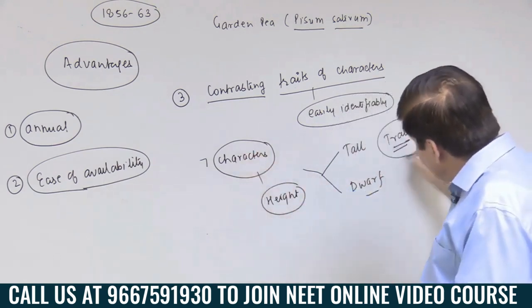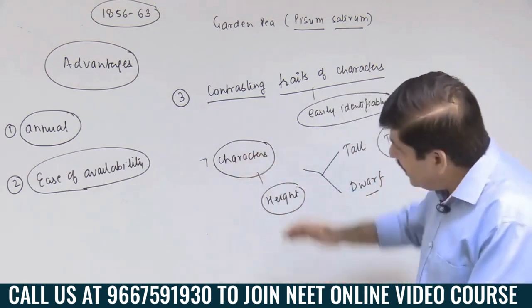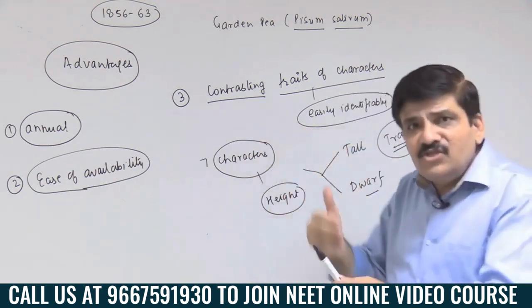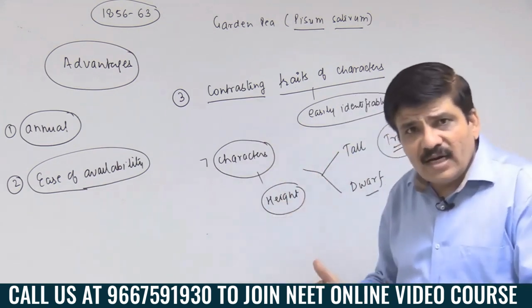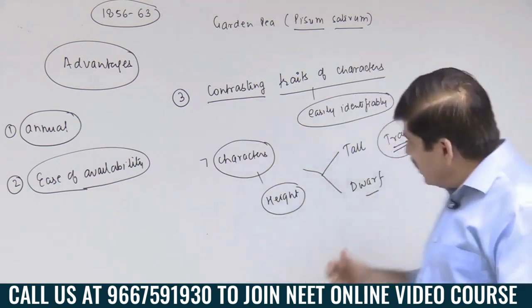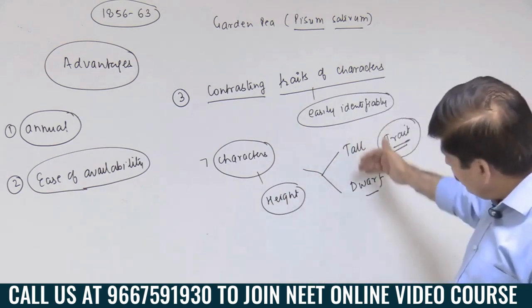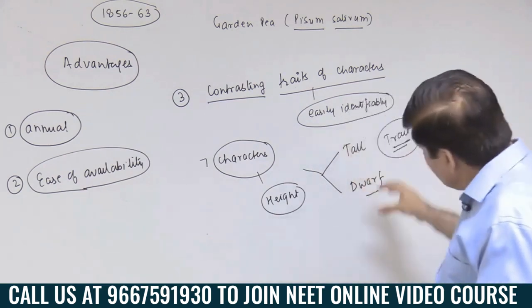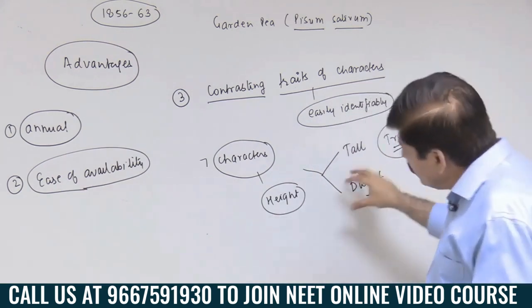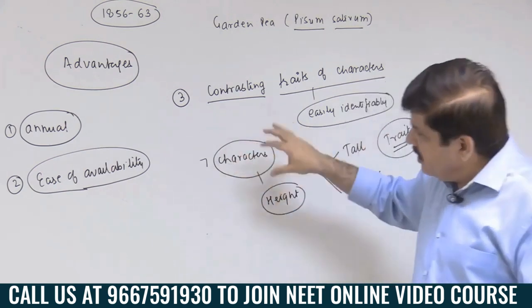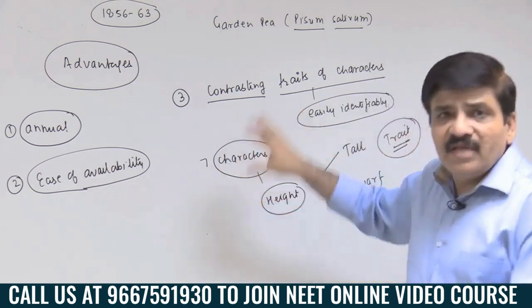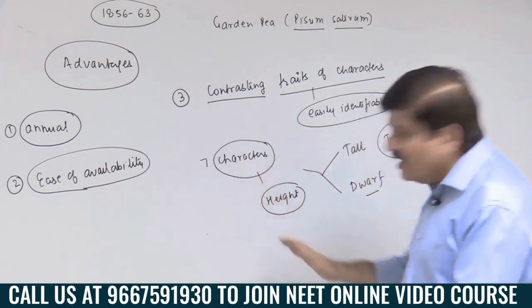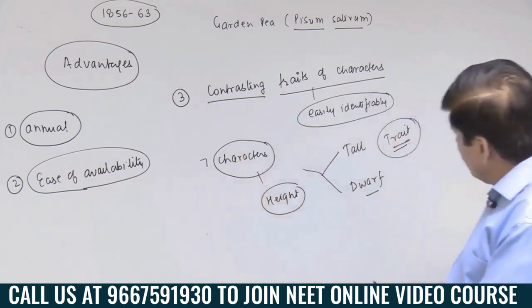So later on we will see that the term gene will actually be controlling the character, and the alternate forms of the gene, if you are aware from your lower classes, which are called alleles, will be responsible for formation of the alternate traits. So there will be an allele for tallness, there will be an allele for dwarfness. Both of them are actually signifying the character height, and therefore there will be a gene for height. So I hope this is absolutely clear, what exactly is a character